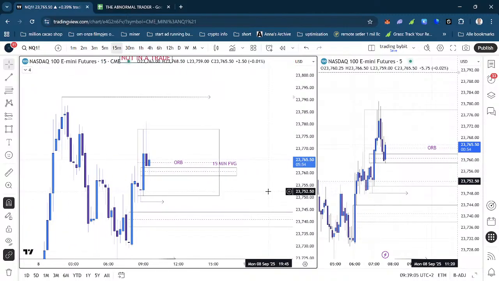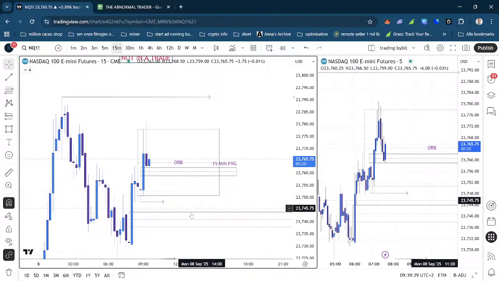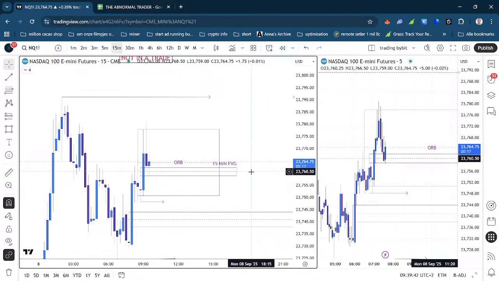If you have no idea how to put in a limit order, it's where the order types are, on the right side of your screen, and you can put limit or market, stop or trailing stop. So a limit order is where you put it in. If you want to put a buy limit, it's still buy. You do need to put in the price for yourself. So if you say this is the price where I want to enter, halfway, then you have to put in 23,760.5 of course.